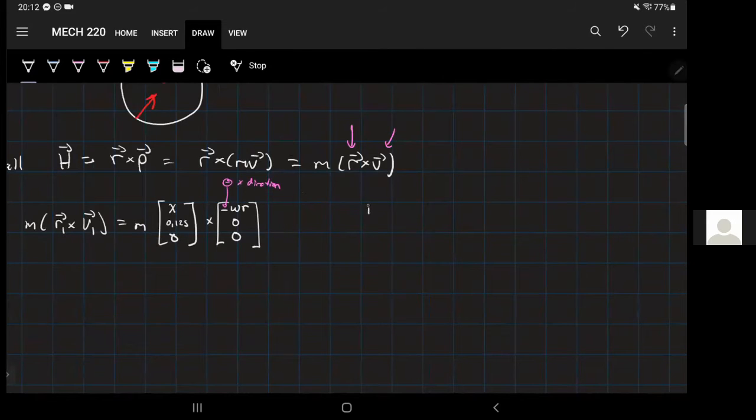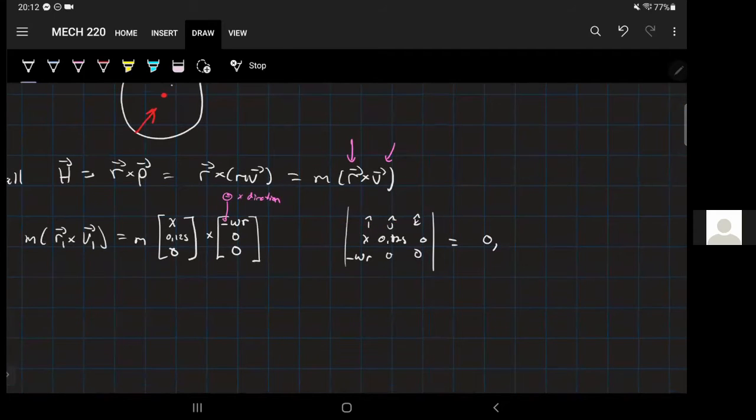So i j k, 0.125 0 minus omega r 0, 0, right? If I do this one here, I get 0, right? Then if I do this one here, I get 0. Then if I do this one here, I get 0, right? These two 0 plus